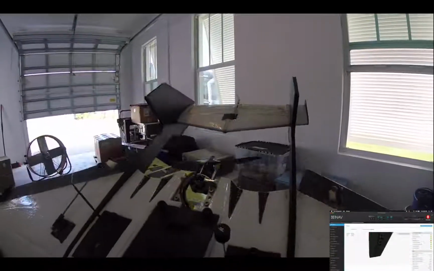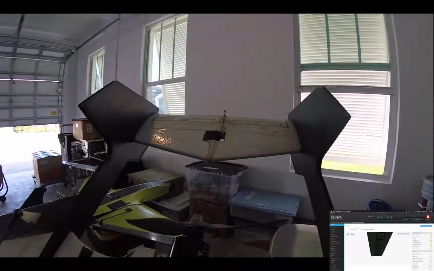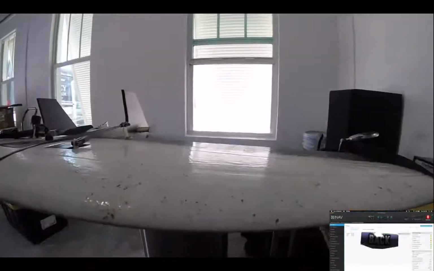But when I pitch down, the elevator is going down. So that's going to make me crash if I'm in a stabilized mode. Also, if you roll